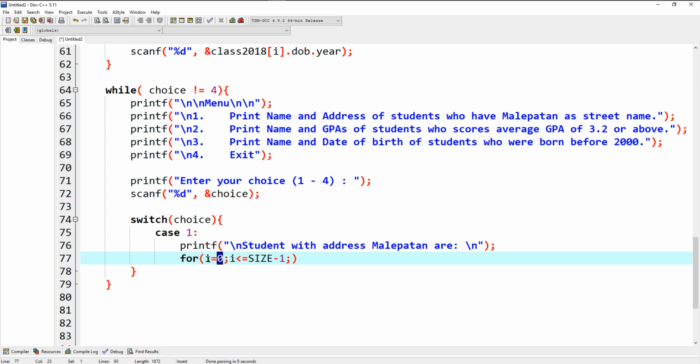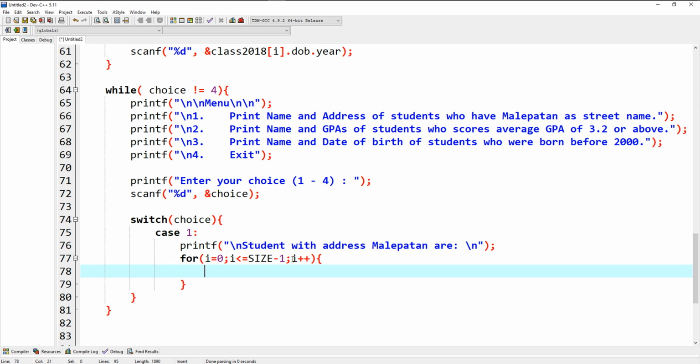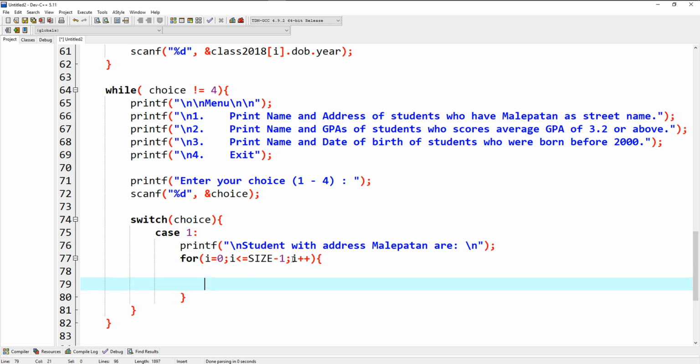So to access it, we range the for loop from 0 to 44. i plus plus, we increment on every step of the for, and then we compare with strcmp our address street name, class2018 i dot address dot street name, with Malepatan,